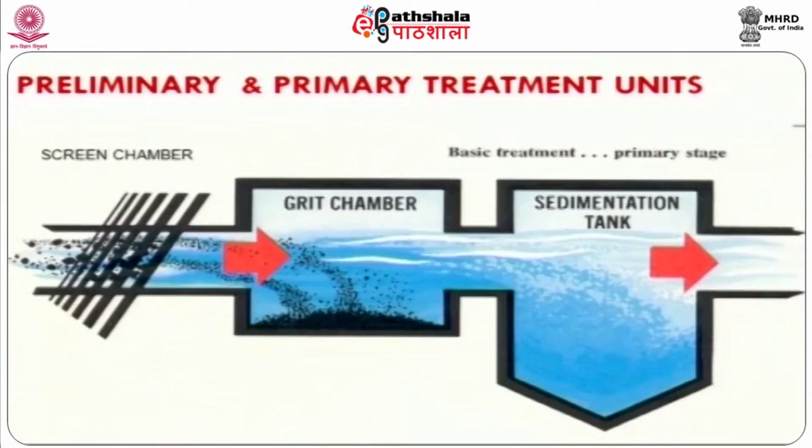With the help of the primary sedimentation tank, we are trying to capture 50 to 60% of the total suspended solids present in the water. At the same time, we are trying to capture 80% of the settleable solids. By this facility, we are trying to remove 30 to 35% of BOD present in raw wastewater. Suppose the raw water BOD is 400 milligram per liter. With the help of the primary treatment facility, we can definitely remove 120 milligram per liter of BOD present in raw wastewater.